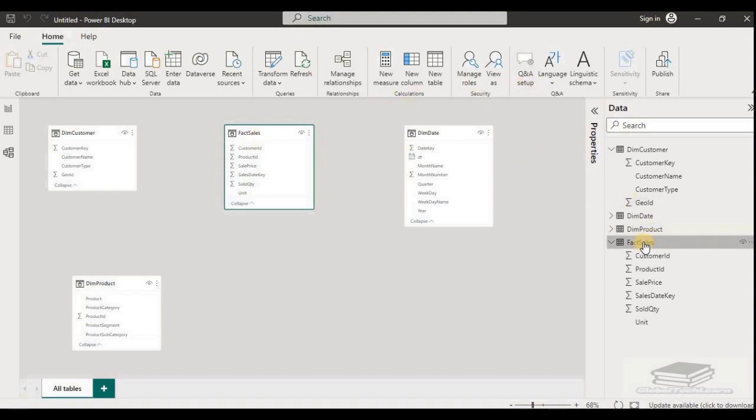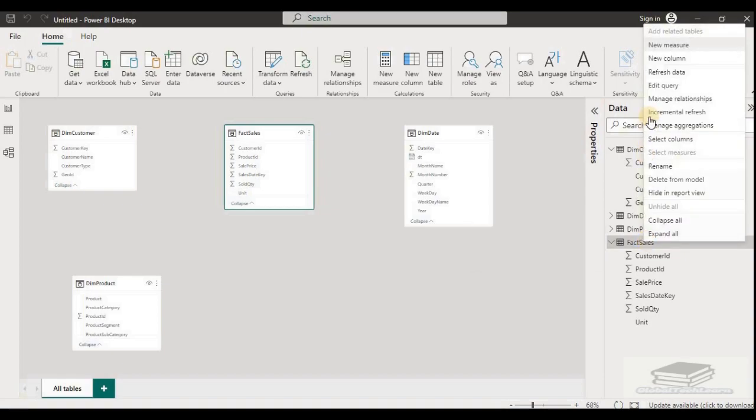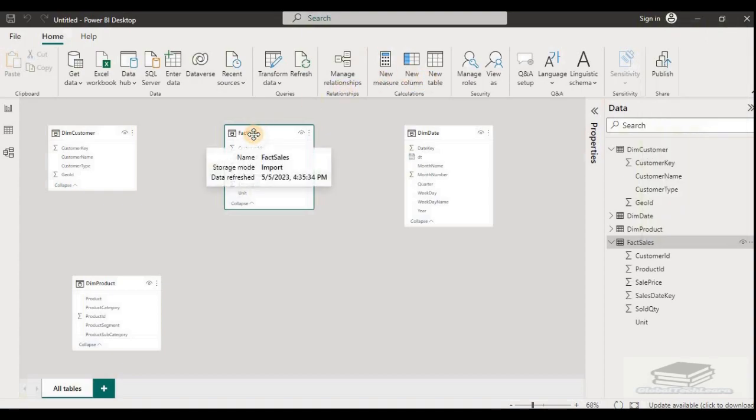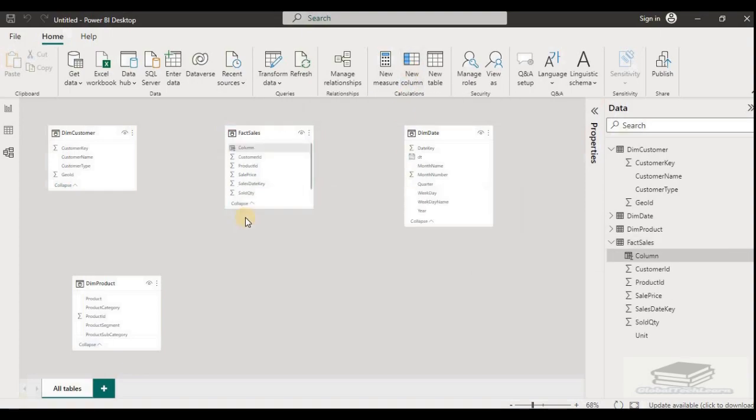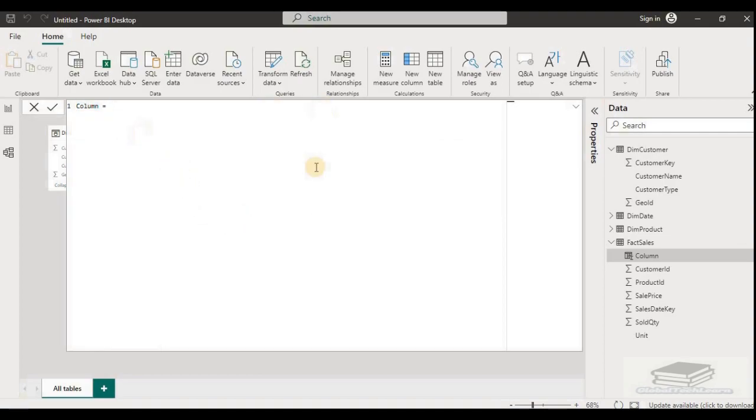We can do that either by right clicking on the fact sale and selecting the new column option, or from the home tab we can select the new column option. So I have selected the fact sale table and clicked on the new column option. It will open an expression window where we can write the expression to create the new column. So let's create a column sales amount,